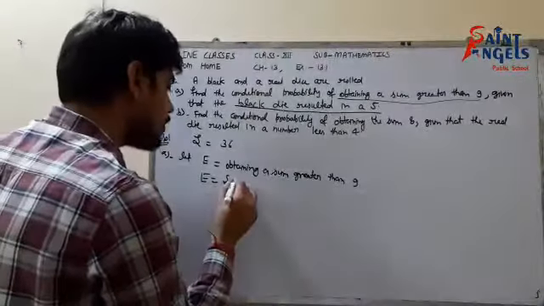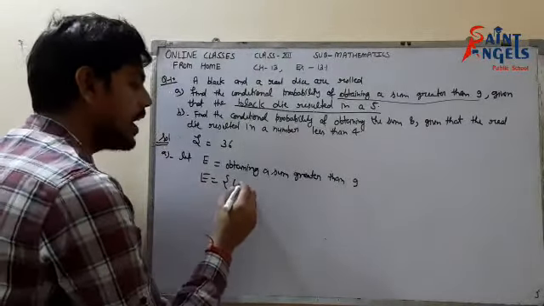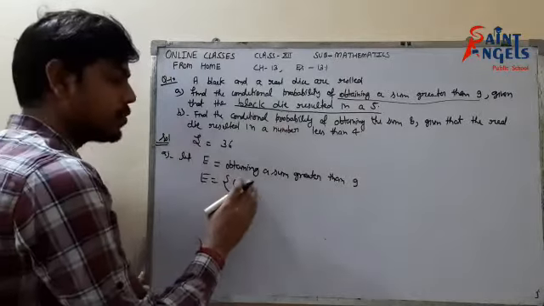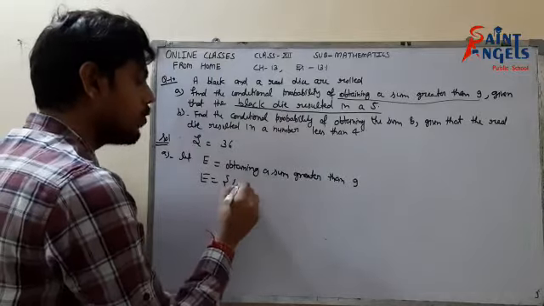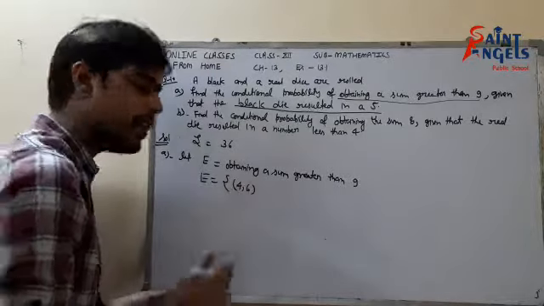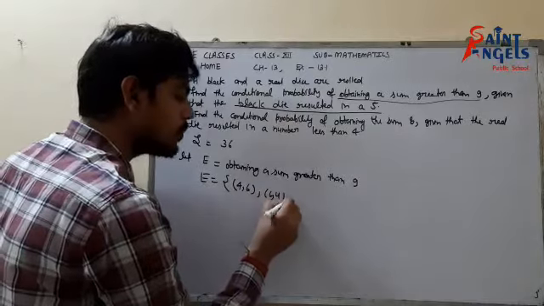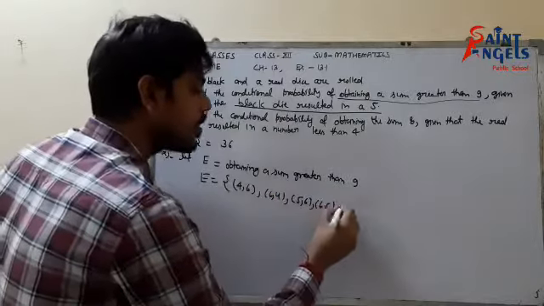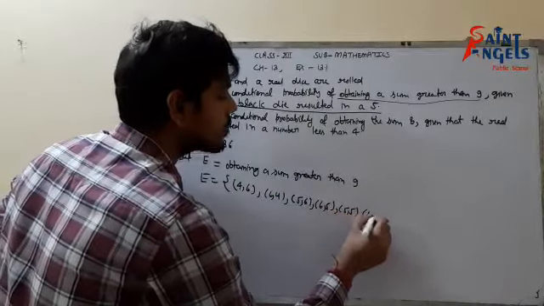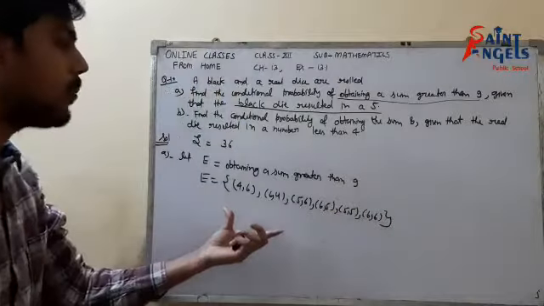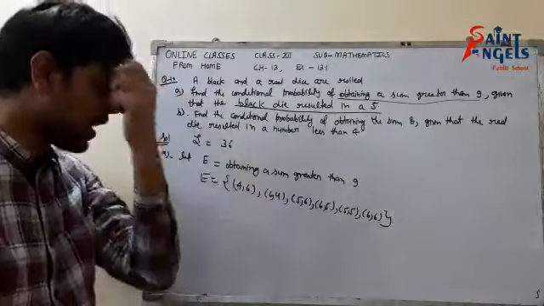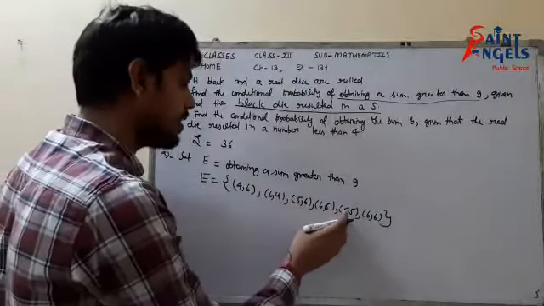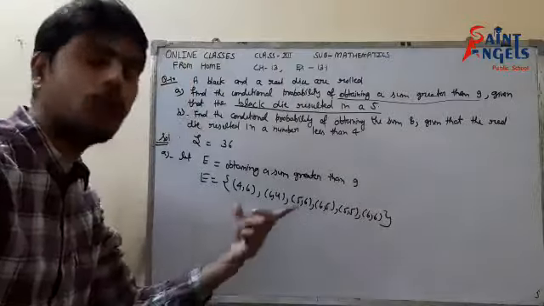It could be that on the first die there is a 3 and on the second die there is a 6, but that would be 9. So we cannot take this, and we will start from 4, 6, which is greater than 9. 6, 4, 5, 6, 6, 5, 5, 5, and 6, 6. These are all the possibilities through which we can get a sum greater than 9: 4, 6, 10; 6, 4, 10; 6, 5, 11; 5, 6, 11; 5, 5, 10; and 6, 6, 12. Okay, these are the only possibilities.